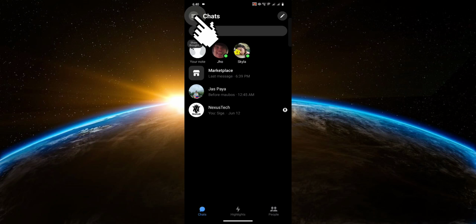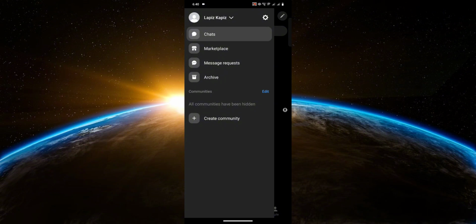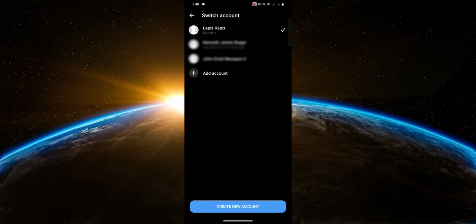Click on the three lines at the top left corner. Now you're going to click on your name or the arrow. From here, you'll see the different accounts that are logged in to your Facebook Messenger. All you have to do is click on the account that you wish to log into, type in your password,